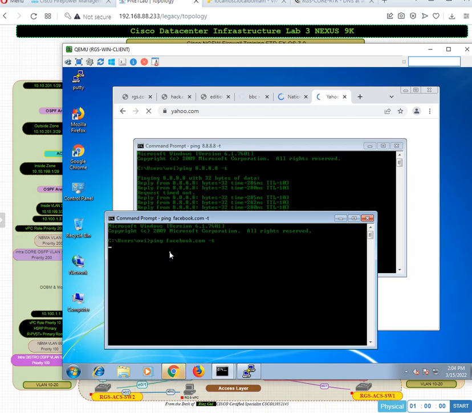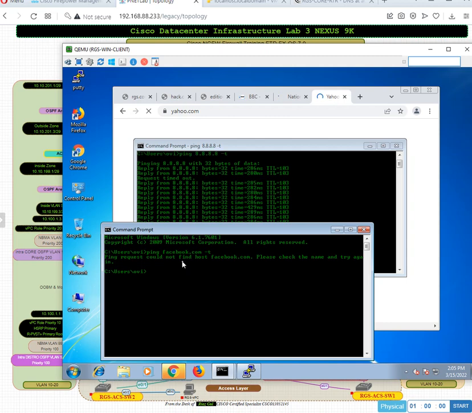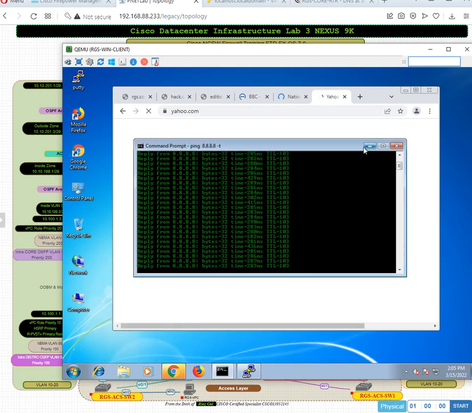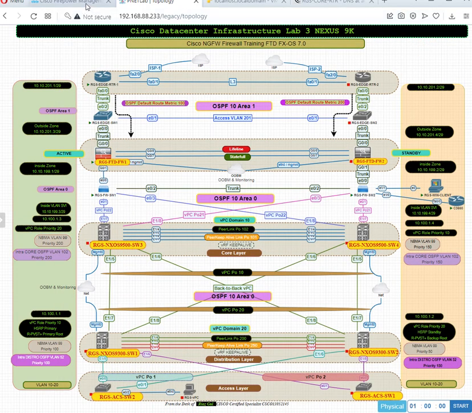We will not get any response from facebook.com and ICMP because it is blocked, not at domain level, but social media category is blocked at FTD. So you can see over here I have initiated some traffic from my LAN machine, and we can check it